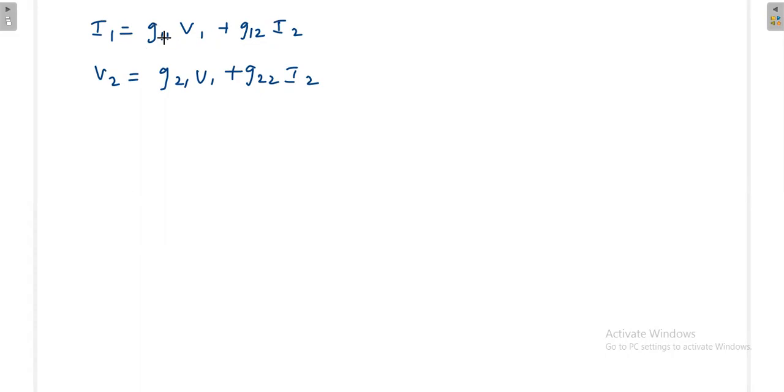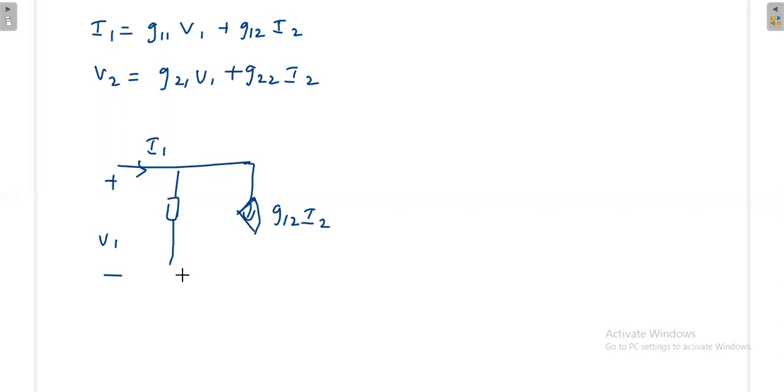I'll put one G11 here, then plus minus V1, and this is I1. Then this dependent current source I can put like this, that is G12 I2. Okay, then on the output side, if you see